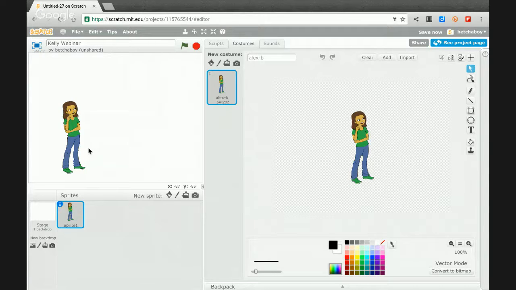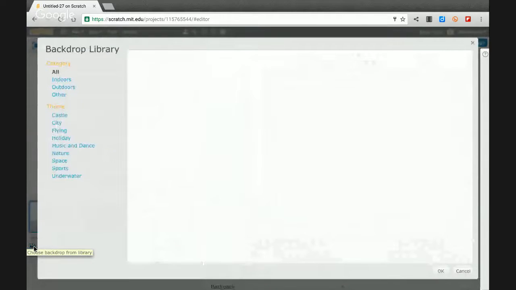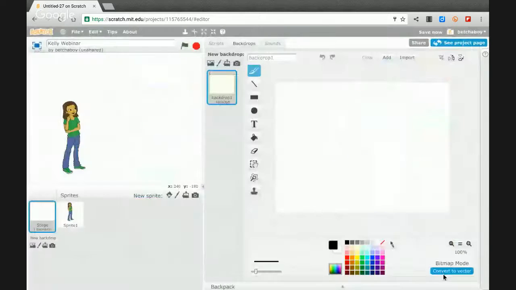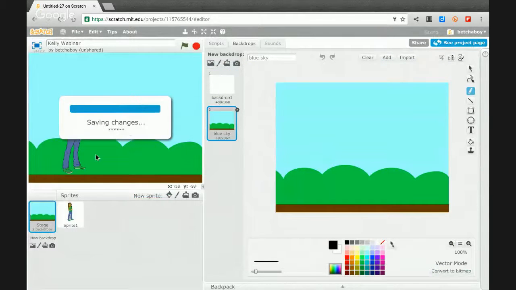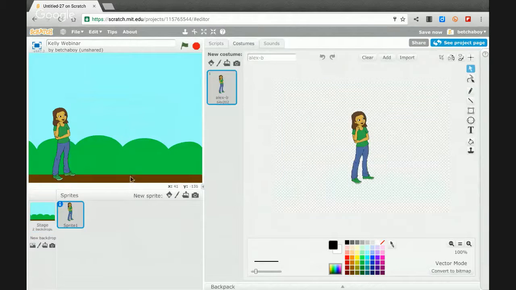And the other thing is that the stage area that this sprite is standing on is represented down here with this white square in the corner called the stage. When you click on stage, you can do the same thing by choosing a new backdrop. So I could have this girl standing in this blue sky here. So we'll do that, and now she's got a different background. Let's maybe move it down a little bit so it looks like she's standing on the ground. And there you go. So if I go back to the scripts,